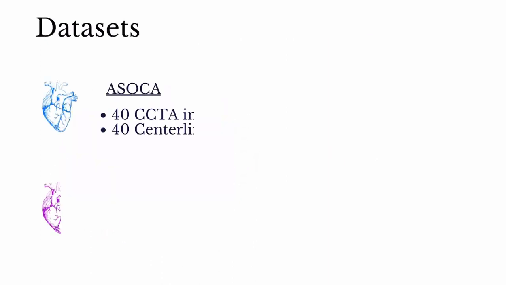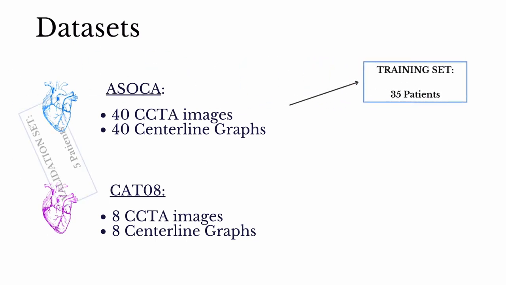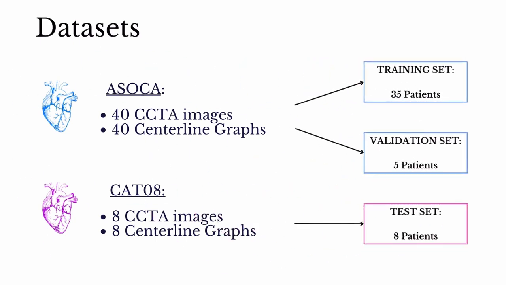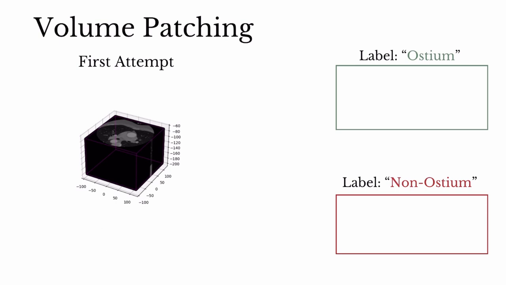Using CAT08 and ASOCA datasets, we assigned ASOCA patients to training and validation, while CAT08 for testing. When performing splitting, we ensured that images of the same patient would be found in the same set, given their correlation. To generate the network input, we initially aimed to divide patient volumes into smaller cubes, assigning labels based on